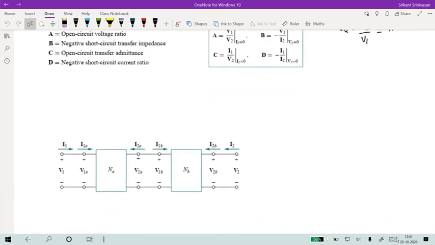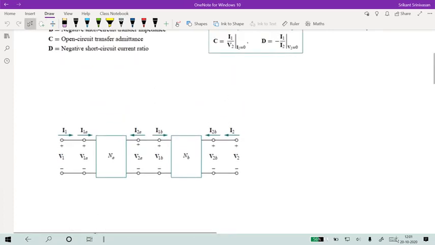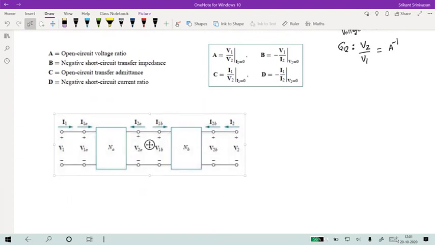Now, having understood that very carefully, let's look at the cascading of it. You remember that the admittance matrix was added when you had networks in parallel. So when two networks are connected in parallel, you can add up the admittance matrix. If they are in series, you can add up the impedance matrix. And this is a chain. This is a chain because what we are showing here is that we have two blocks which have their own ABCD parameters.